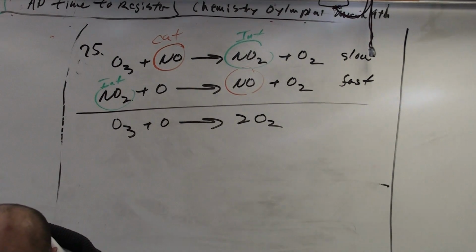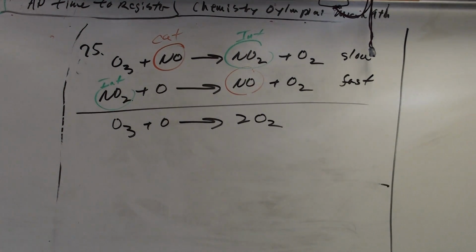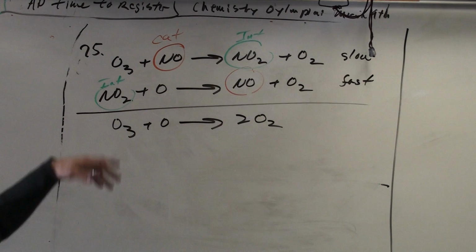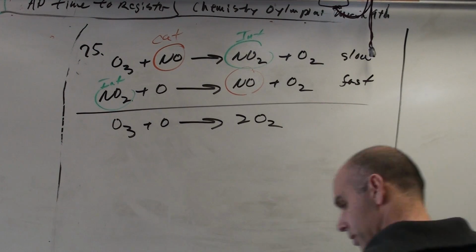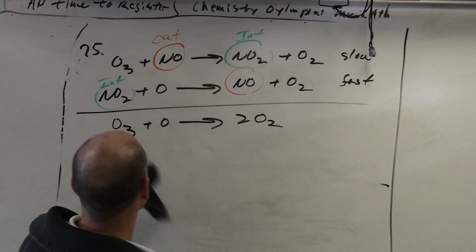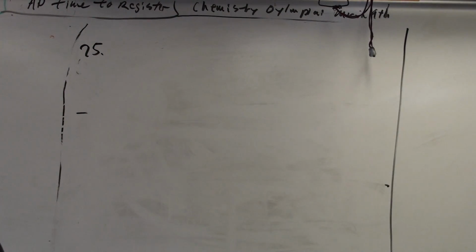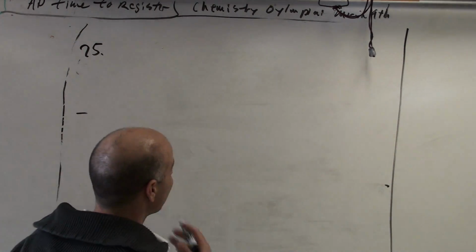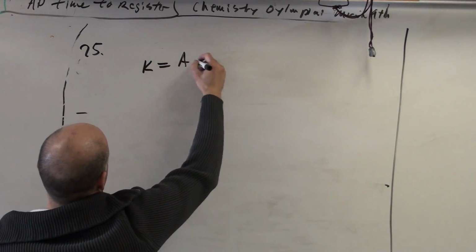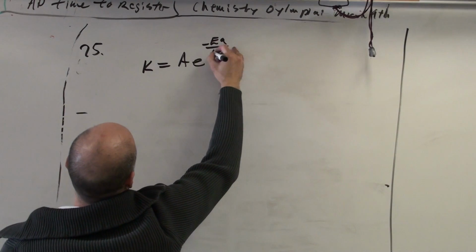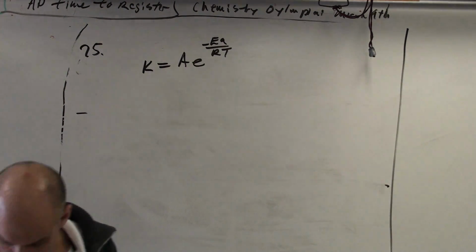They want to know the ratio of the rate constants for the catalyzed and uncatalyzed reaction. So what I'm going to do is I'm just going to erase that so I have a little bit more room to work. So the formula for k is A e to the negative Ea over RT. Now they want the ratio of the